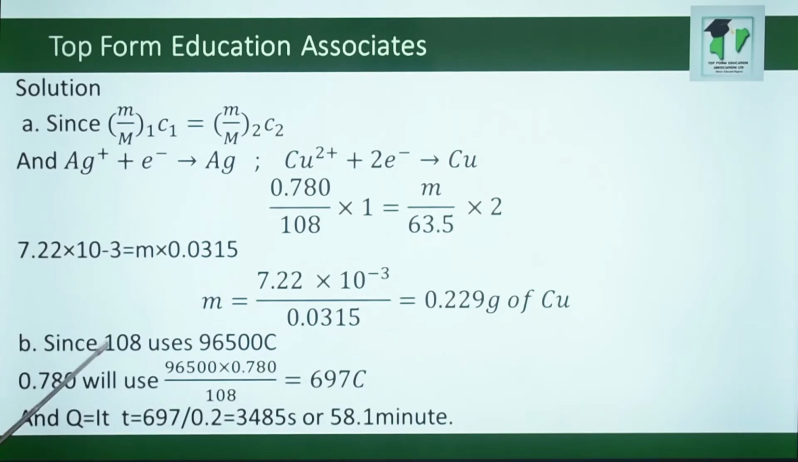Then for the B part, since 108 grams uses 96,500 coulombs, that means that 0.780 grams will use 96,500 times 0.780 divided by 108, which is equal to 697 coulombs. And since Q is equal to I times t, we can use this formula to find our time in seconds, and it gives us 3,485 seconds or